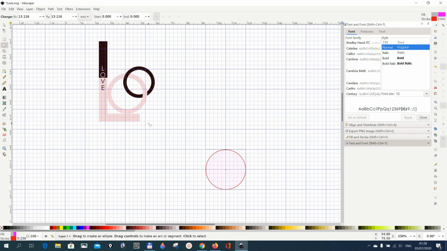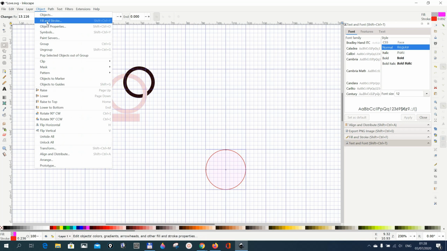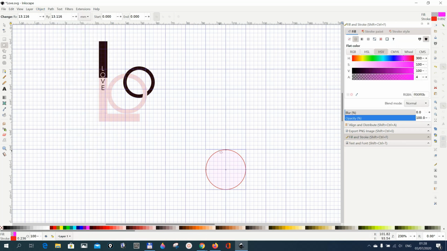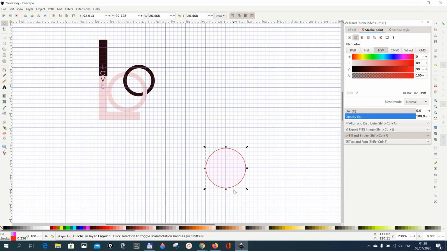Now one thing I did not tell you is with your circle, if you go to Object, Fill and Stroke, in case your circle hasn't got a stroke, you see that this is the stroke here, you can go there and then give it a stroke color. You can also get a stroke by just going to Shift here and then selecting the object. The object has to be selected like here as well, and give it a stroke. And then I would suggest that the color,